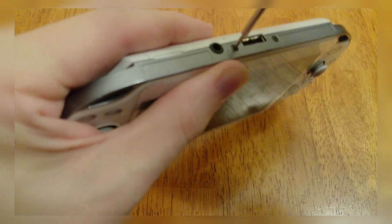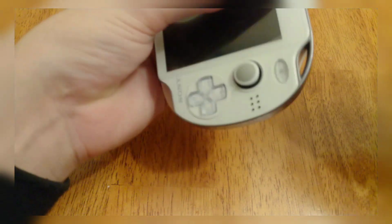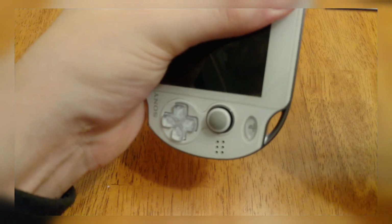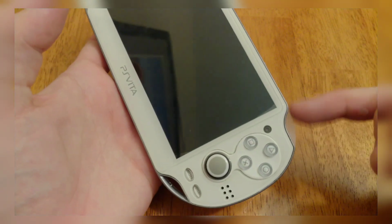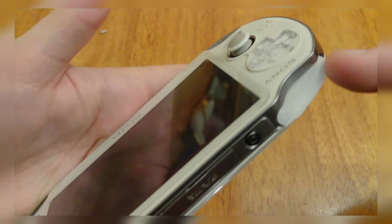Okay, so while I'm finishing all this up, like I said, last night these came in. I checked both of them. Vita was already ripped apart. I had already cleaned the buttons like I had mentioned. I already sanded these down, beautiful, from clear to just a frosted with a 600 grit paper, as well as these. Looking sharp. It was already ripped apart. I was doing all that little funny business, and